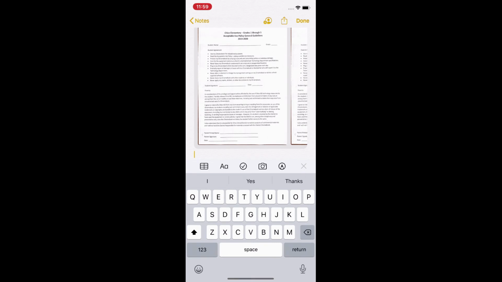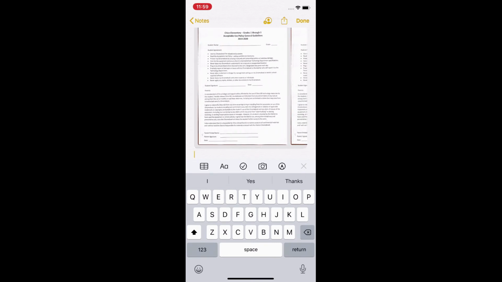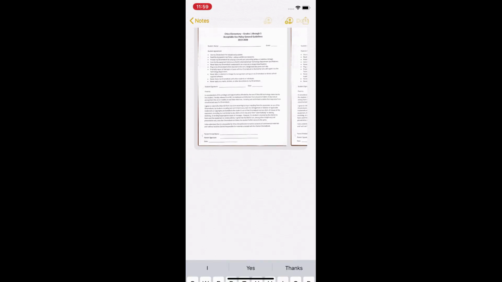Then if you want to take another one, you can take another picture and choose keep or retake. When you're finished, at the bottom right, you'll see where it says save. Now you'll see both the images that you took. You're going to hit the arrow that points up at the top of the Notes app